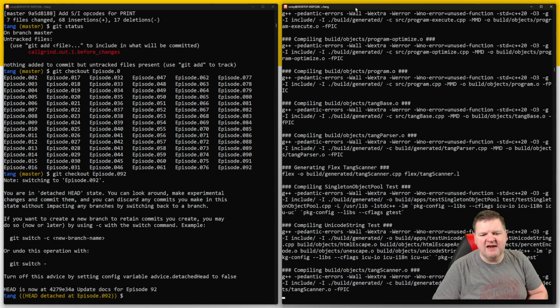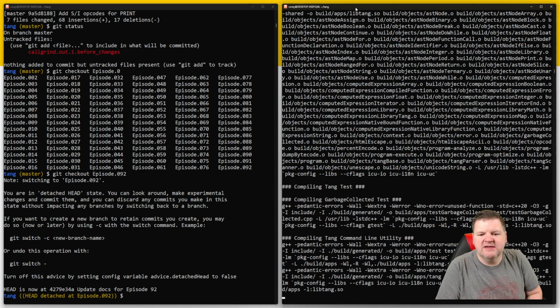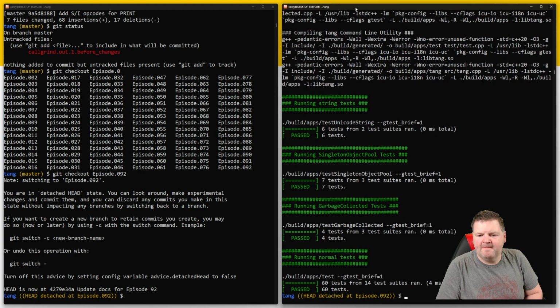So this is the state of it before we did our current print optimization. All right, and